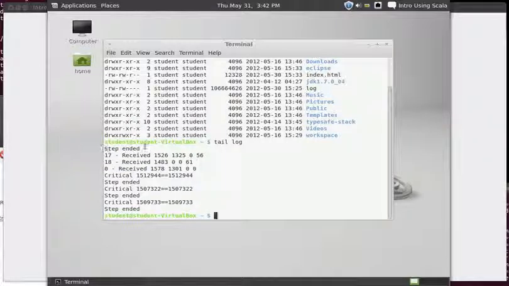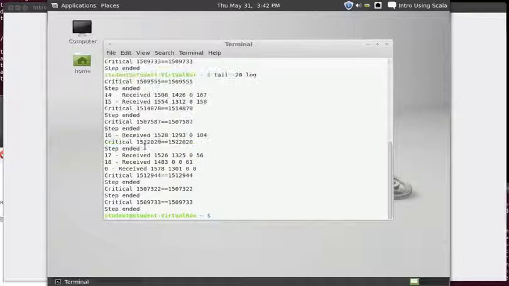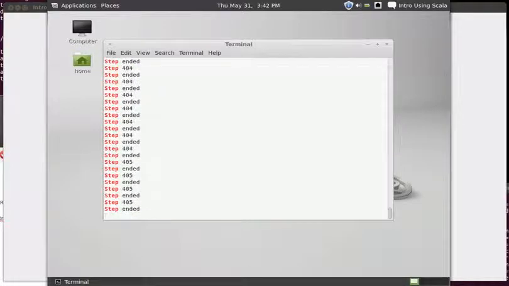So this only says that the step ended, and I could possibly make it longer and see, nope, I still don't get to see what step number I'm on. I could also do this, okay, and then you can see the numbers, but unfortunately I don't get quickly to the end. It's going to take a while to print out. I'd kind of like to combine those two, and one of the ways that I can do this is with